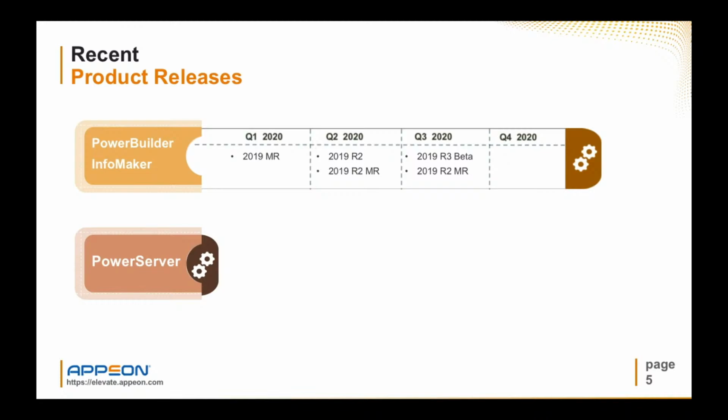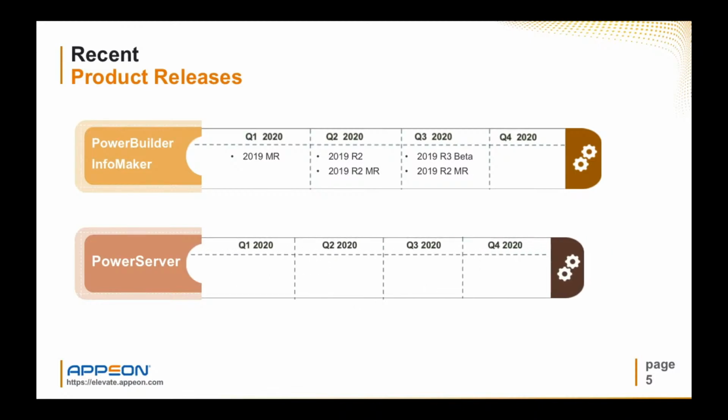We have delivered one 2019 MR and two 2019 R2 MRs. And with PowerServer, we had a major release in Q2. It is version 2020. Note, this version is designated as a long-term support version, so we recommend all PowerServer customers to upgrade to this